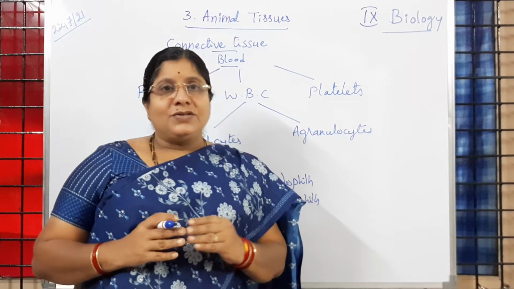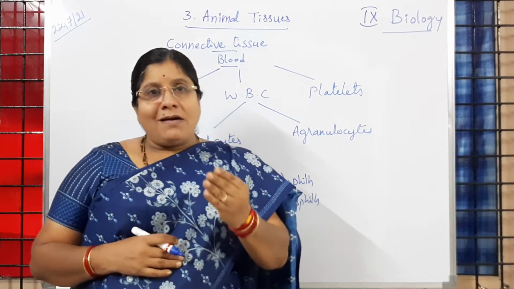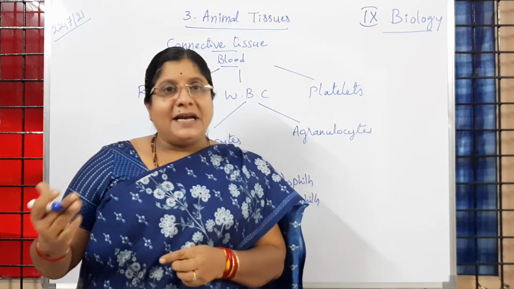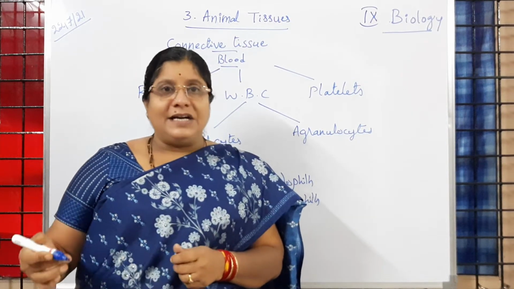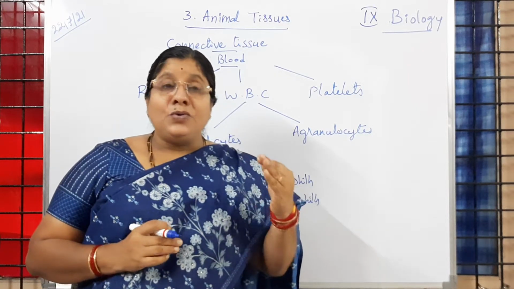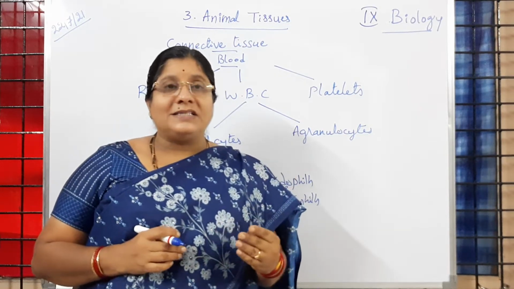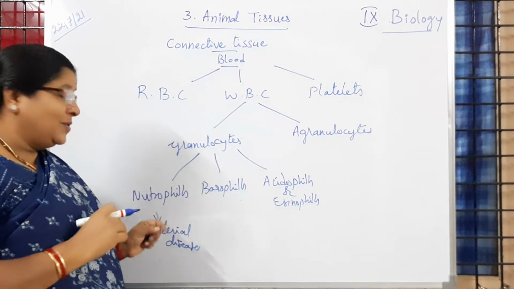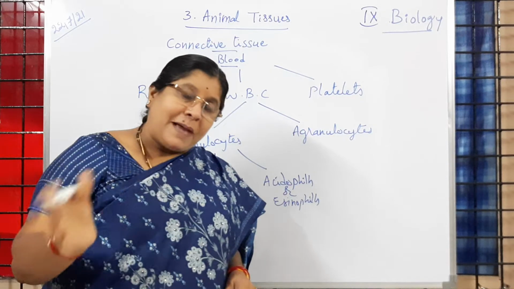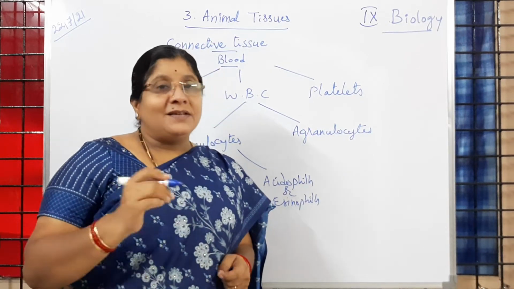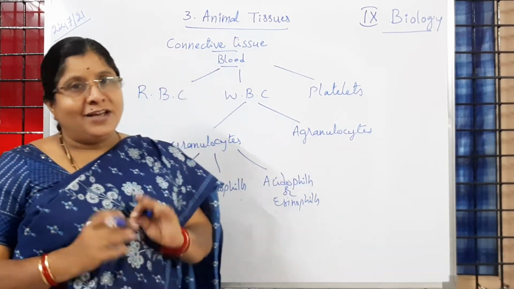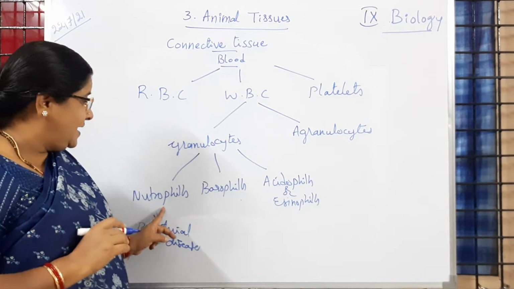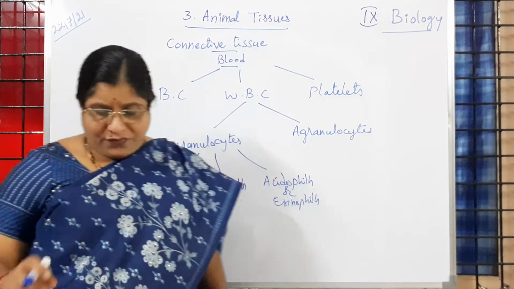Why does it happen like that? People who are not able to maintain immunity get infected in those conditions, whereas people who are very strong health-wise, whose immunity is more, their neutrophils attack and control the pathogen responsible for vomitings or motions, and then the disease is not seen. Is it clear to children? So all kinds of bacterial infections will be controlled by neutrophils. Is it clear to you?